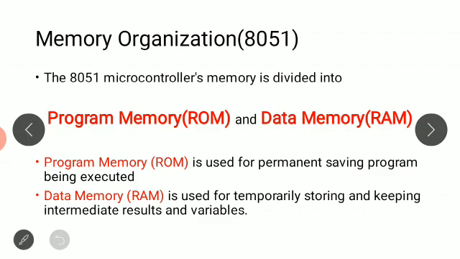And the program memory is a non-volatile permanent memory. You do not want the program to get erased when the microcontroller is turned off or reset. Okay, you want the program to stay there,